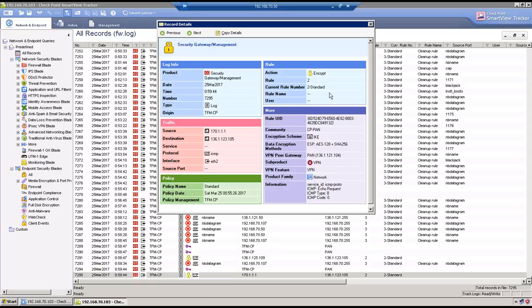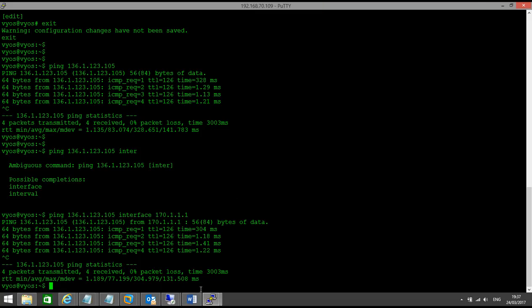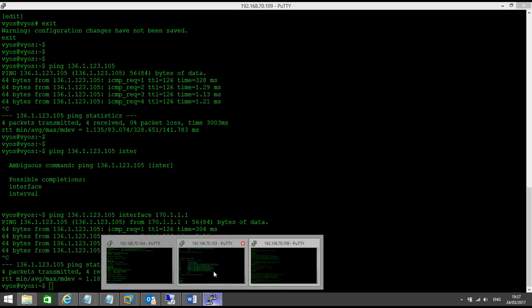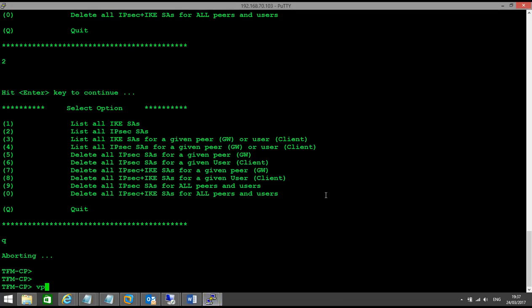But why is there a separate phase 2 communication? Why is there a separate negotiation of proxy IDs, encryption domain? Because now we have the 170 network as well. So we have phase 1 communication, phase 1 SA, which is 1, but now we should see 2 pairs of phase 2 SAs. If you log into checkpoint, VPN tunnel,